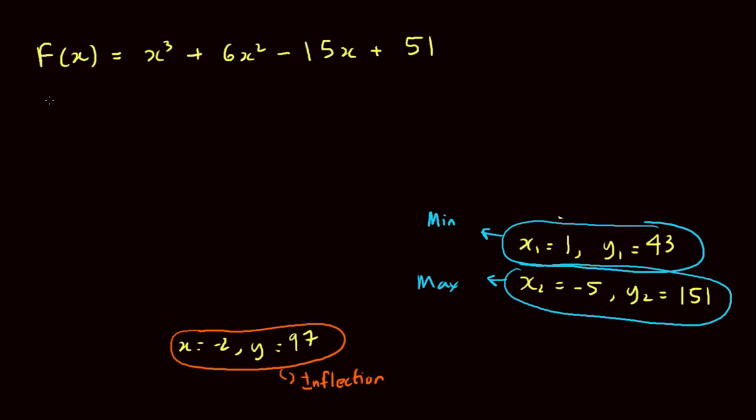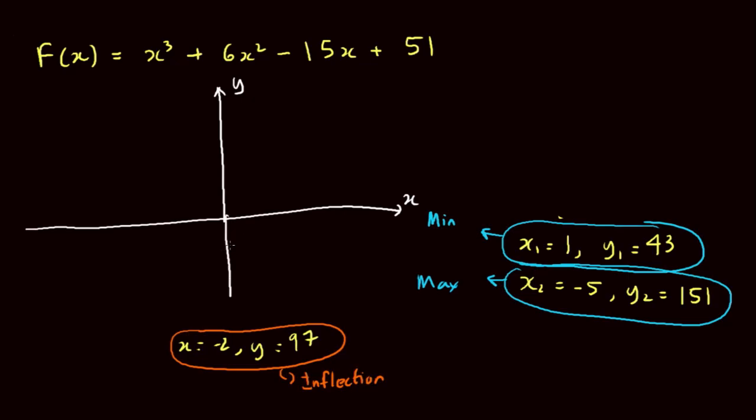In this case, if we draw the graph, sorry, I need to erase this a little bit. Okay, this is our y, this is our x. Remember also the y-axis goes down. So you'll have your first coordinate here, -5, then your inflection point at -2, and your minimum point at 1. Of course at 5 would be 151, 97